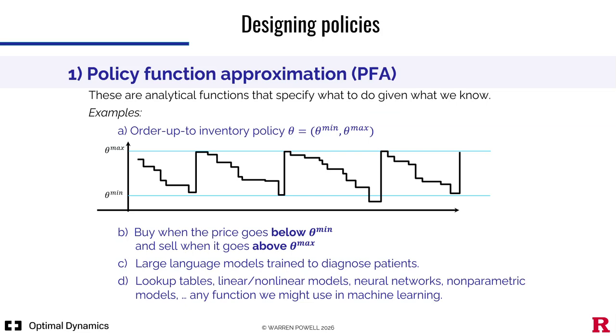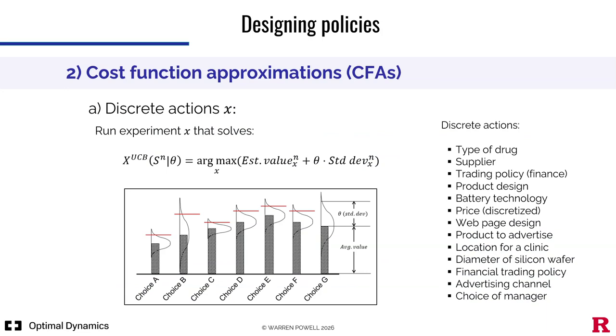The policy search class begins with policy function approximations. So these are analytical functions that specify what to do given what we know. Order up to inventories. Buy low, sell high. If it's cold, wear a coat. We might use large language models trained to diagnose patients. If they have these attributes, use this medical treatment. PFAs are lookup tables, they're linear, nonlinear models, they're neural networks, any function we might use in machine learning. Of the 4 classes of policies, this is the only class that does not have an embedded optimization step in it. Now, the second one, cost function approximations,